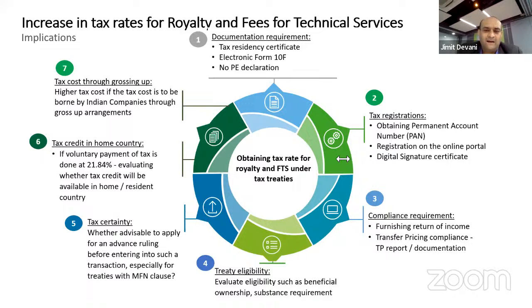Manual form till September is not blanket. No, it's not blanket. It's only in those cases who do not have a PAN. If you have a PAN, then technically manual 10F is not acceptable. You will have to ask them to register and then make the payment and give them the treaty benefit as a payer.